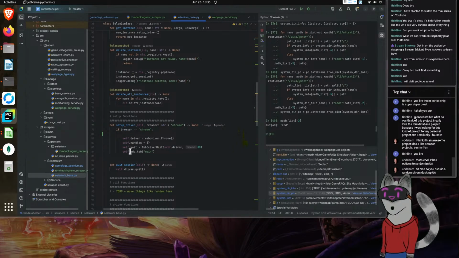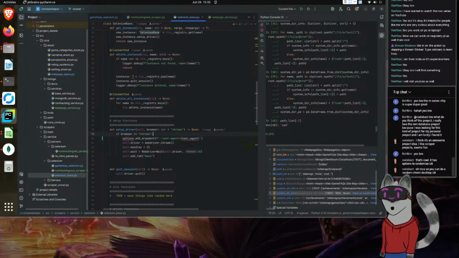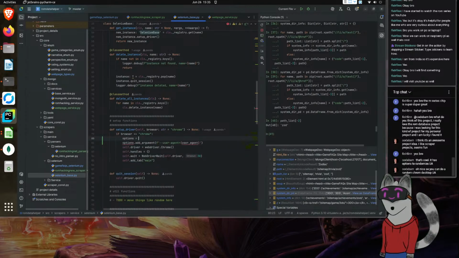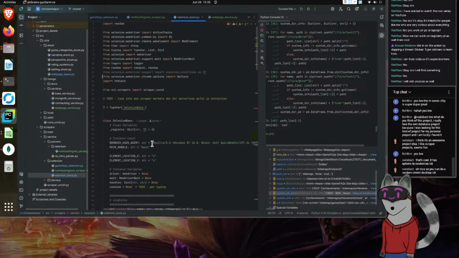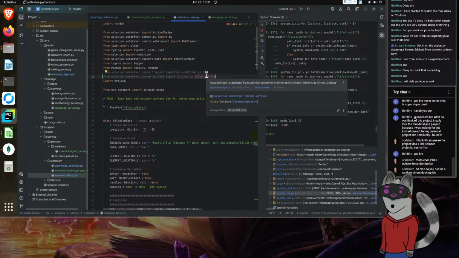And let's see here. This is setup driver, and this is where we really need to do it. So right here, options is equal to options. I'm going to change this up here real quick. So it's Chrome options, import as, because I will eventually import other options, since it's not just Chrome that I'm going to be building this for.